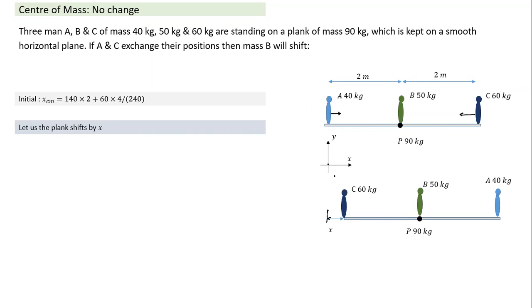Again, I'm keeping this coordinate system the same. If I again calculate the center of mass of this system, it should be the same as before. Now I'll calculate the center of mass of this system. The only change is that earlier I applied 40 into 0, now it becomes 60 into x plus 140 into plus x plus 40 into 4 plus x. We can write all those terms here. I arrive at a new expression, but this expression and the earlier one must be equal. When I equate the two, I get the value of x, the distance by which the plank will